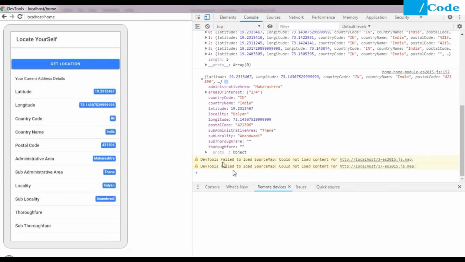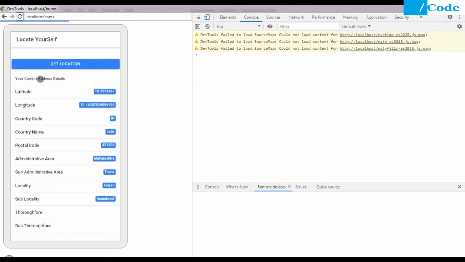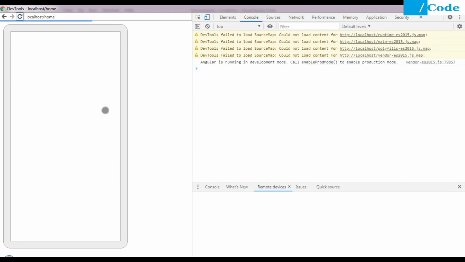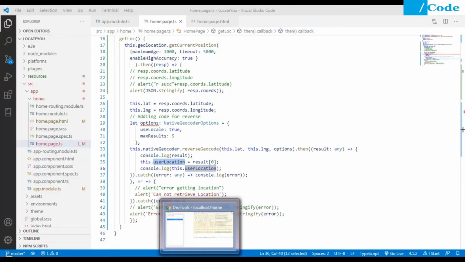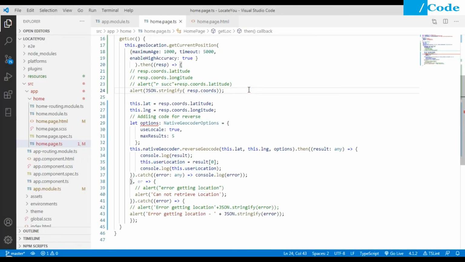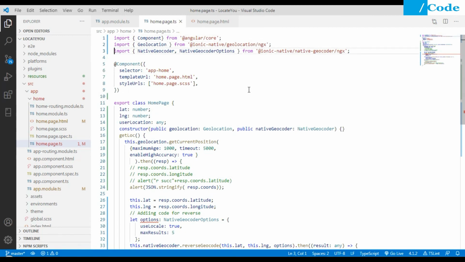Let me refresh it so that we get a fresh window here. The first time we will only get the Get Location button, which is running on my device, after we have installed all the plugins. Whenever I click on the get location function, it will call this whole thing.